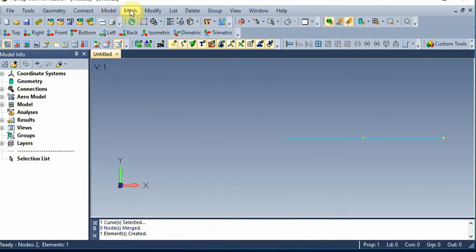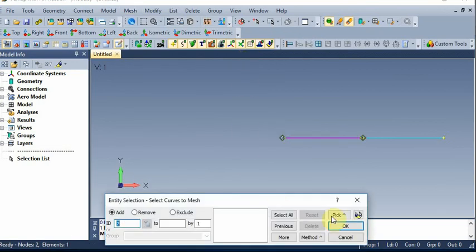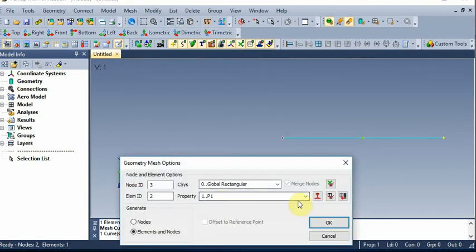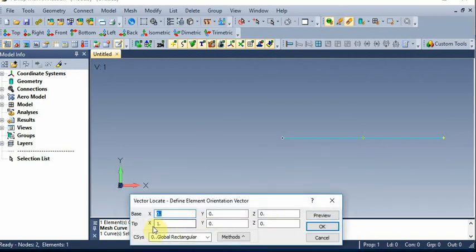Now for next element, select the second element, OK. Both have same property, so P1 only, give OK. So this we have to give 0, this is 1, OK.